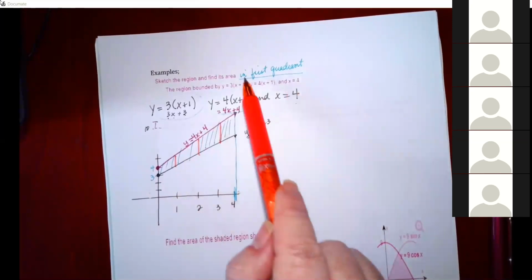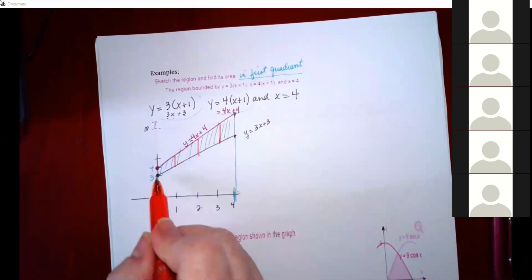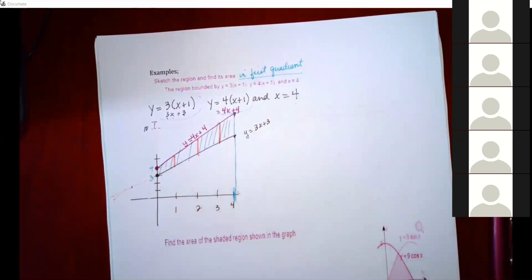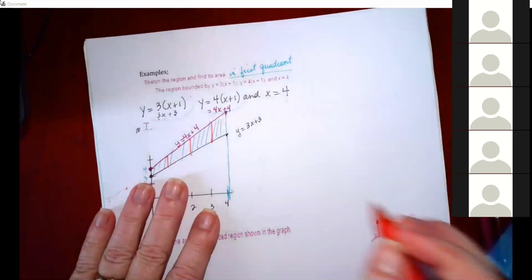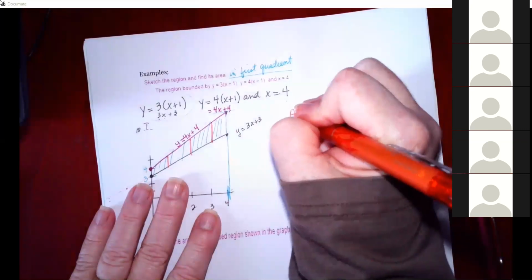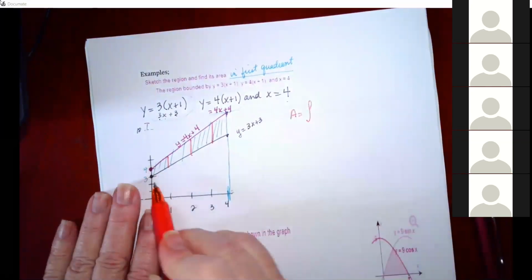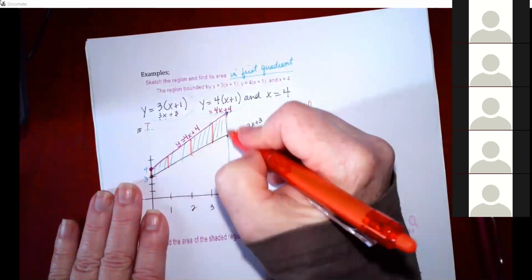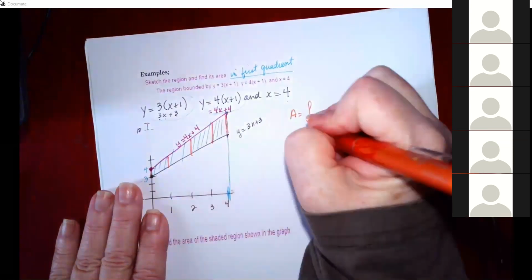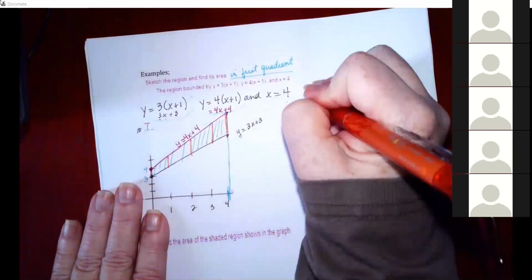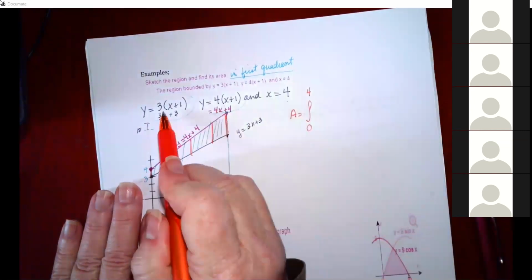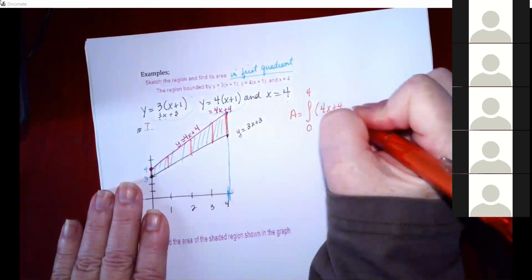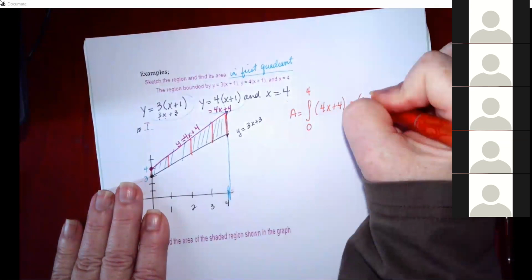Now, like I said, I'm only looking at the first quadrant. Otherwise, we would have had to pull this out and find that point of intersection. Just trying to save a little time here. So if we want to find this area, we will integrate from the lower x limit on this region, which is 0, to the upper x limit, which is 4. So we'll go from 0 to 4. Top graph minus bottom graph would be 4x plus 4 minus 3x plus 3